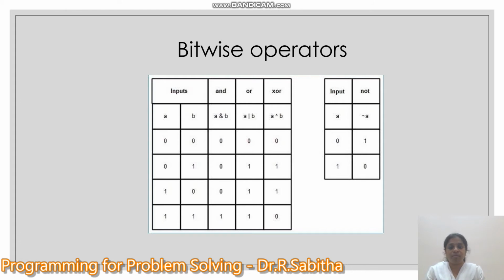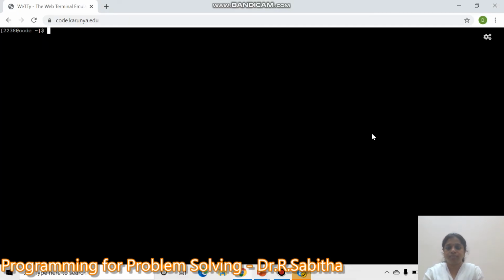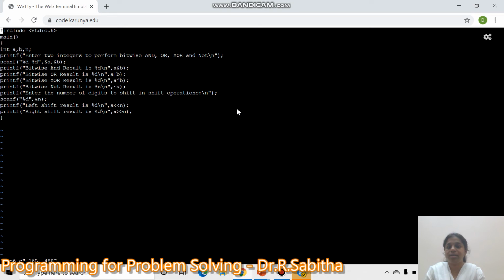Now we will see the program of how these bitwise operators could be used. I have already written a program, I'll just show it. In this program I have used 3 variables, all integer variables: a, b and n, and you are getting the inputs in the variables a and b.